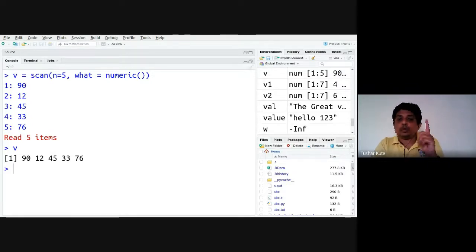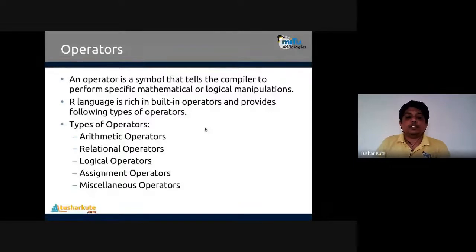Now I have used one operator here, and that was the addition operator. But apart from that, if you want to use any other operators, they are also possible. So just check it out. Operators are arithmetic operators, relational operators, logical operators, assignment operators, and miscellaneous, which is other. Very interesting to see that these operators work on collections of data also, on all the data structures, and generate the results accordingly.